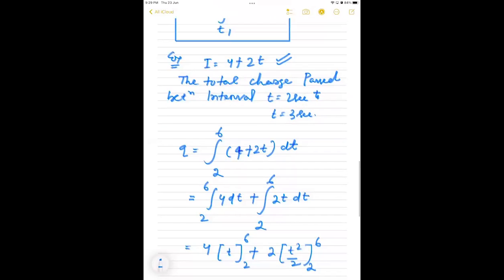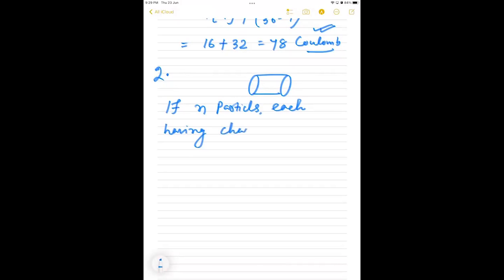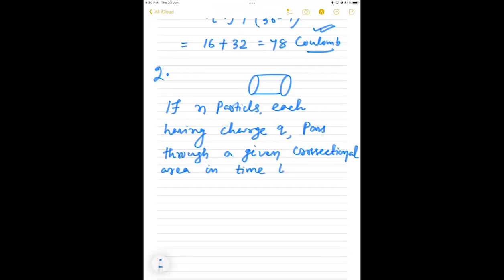This is the first application of electric current. Let's go to the second application. If n particles each having charge q pass through a given cross section, let there be a cross section, right? In this cross section, the time is given. Let's write the question. It will be in a numerical way. If n particles each having charge q pass through a given cross-sectional area in time t, then the average current is,